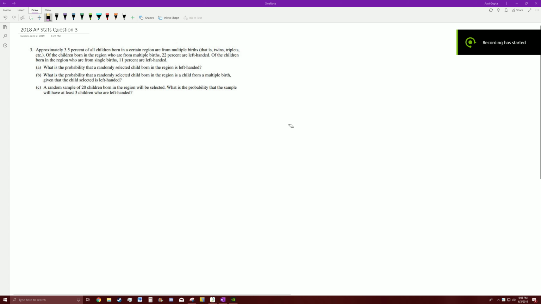Okay, so today we're looking at 2018 AP Stats question 3. Approximately 3.5% of all children born in a certain region are from multiple births. Of the children born in the region who are from multiple births, 22% are left-handed, and of those who are from single births, 11% of them are left-handed. So, the easiest way to organize this is